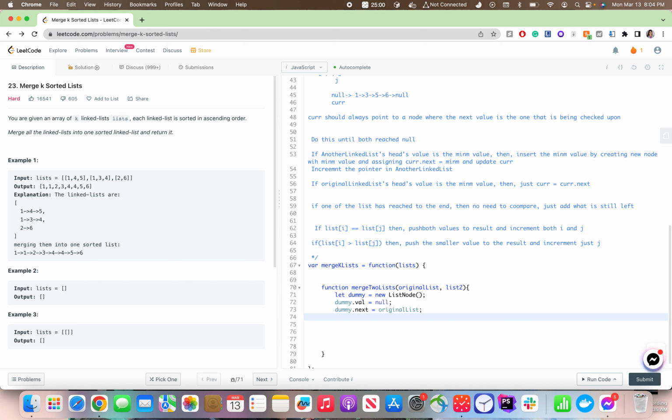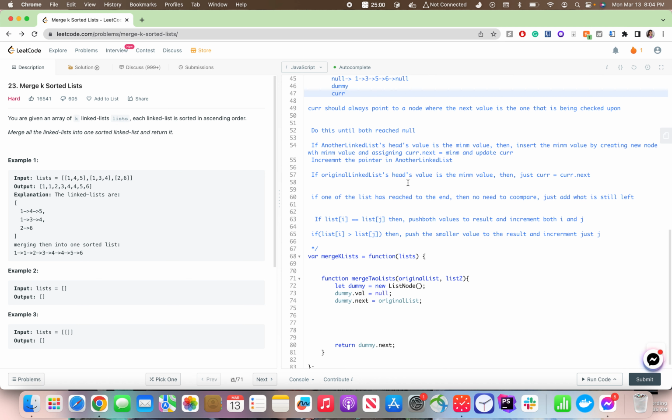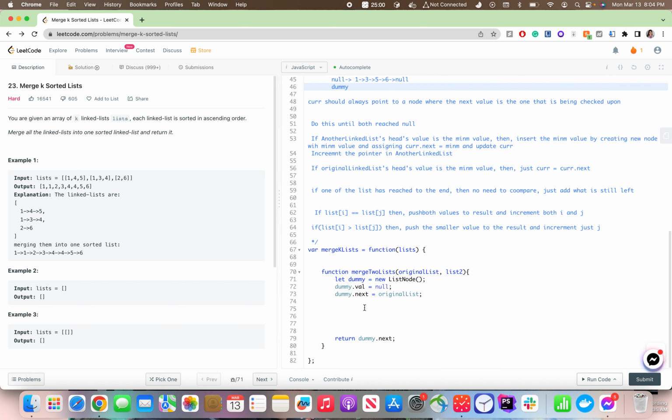Okay, so this is my dummy, and while returning at last I need to return dummy dot next because this will be my head. Okay, so this is my dummy, and I should also update the current value, I think, right? So dummy dot next is equal to original list,